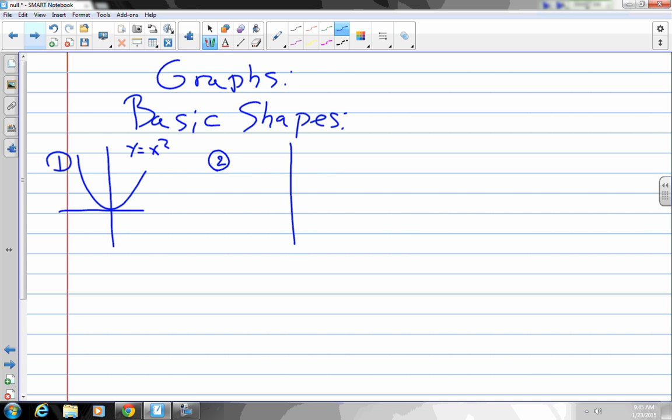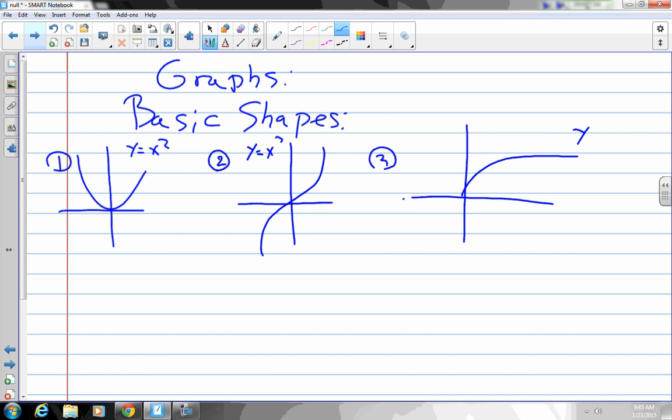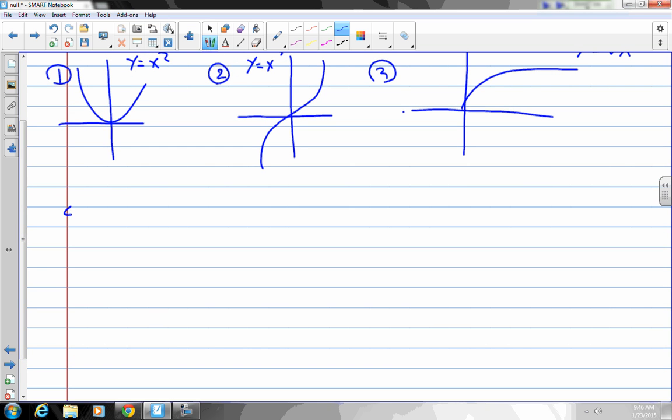You have your cubics, y equals x cubed. You have your square roots, y equals square root of x. Not 3, I don't know why I wrote 3, because I saw 3 here and my brain went to 3. Now I need x. Your absolute values,